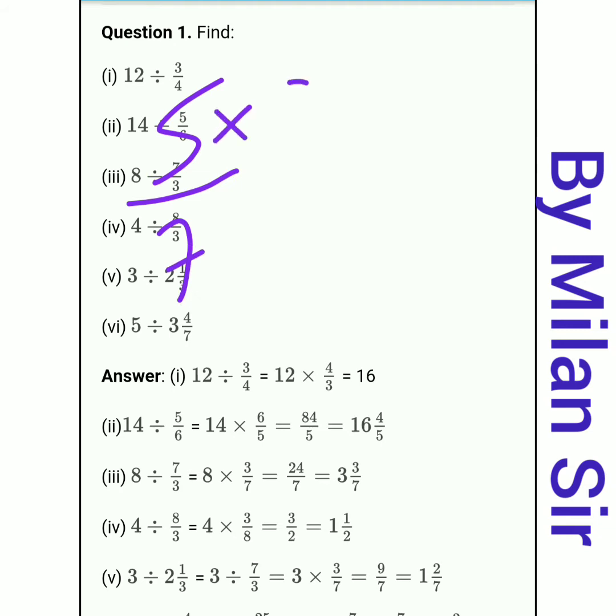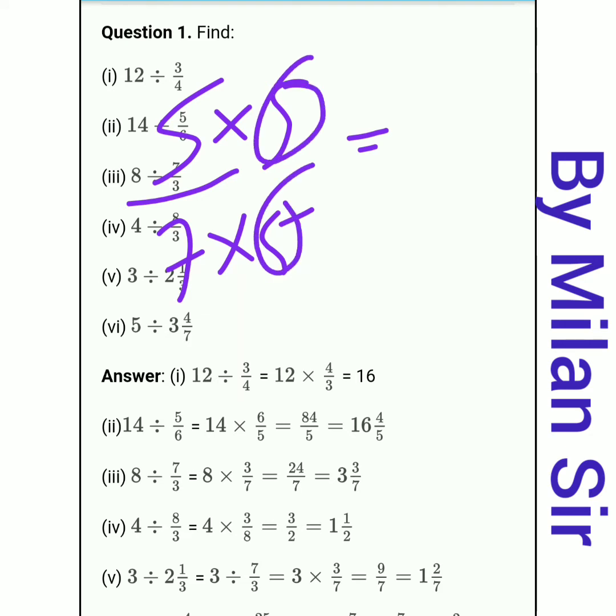Multiply by 5 and divide by 5. If same number I multiply with numerator and denominator, then I will get the same answer, because this 2 will cut. So if same process we do in numerator and denominator, then our question remains same. If same number we multiply and divide, then our question remains same, so we can do it.